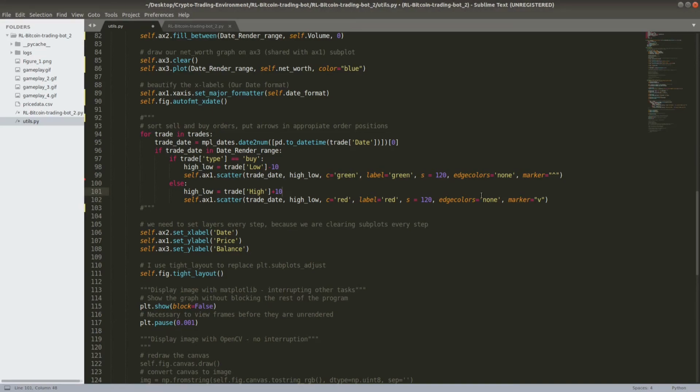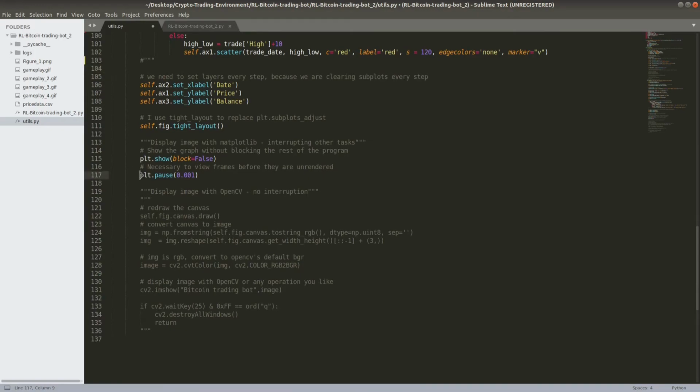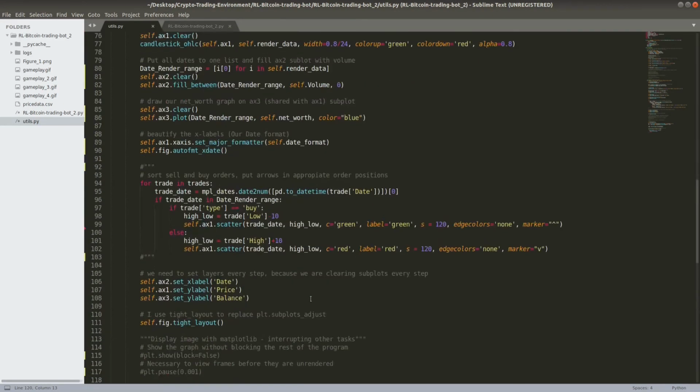And also you might see that I will comment out this part. I'm not using this anymore, because as you can see, it was interrupting my work. We can't continue writing code or minimize it or do anything typing with our keyboard. As a workaround, I found that the best solution is to use the OpenCV library, and actually there is a final beautiful visualization code finished for my trading bot making actions, actually to record the